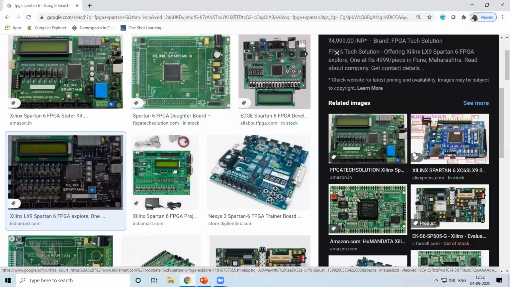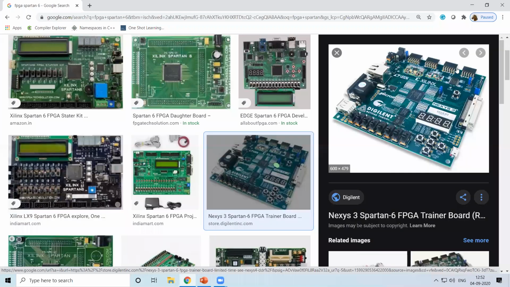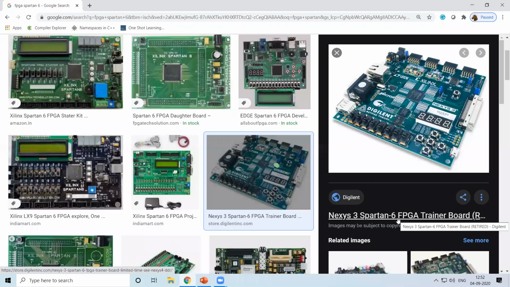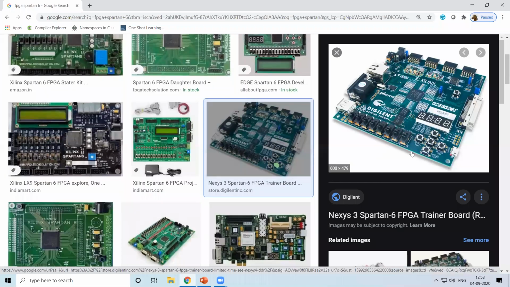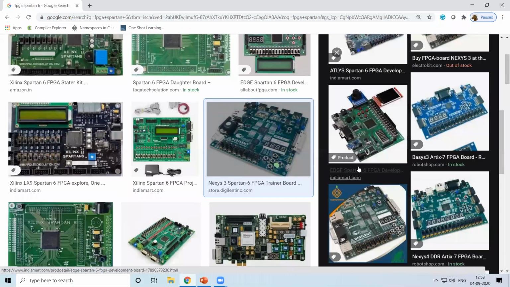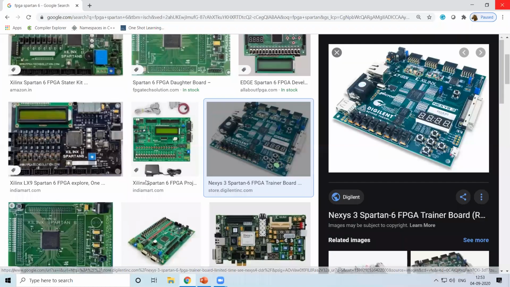So here you can see this is slightly different again. These are the FPGA kits, and you can observe that more number of components are also present. This is a single processor which is there. Compared to CPLD, this is capable of much more functionalities, and handling complex things can also be looked out for.